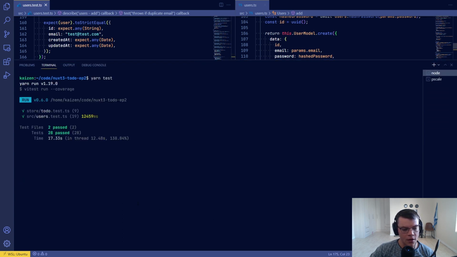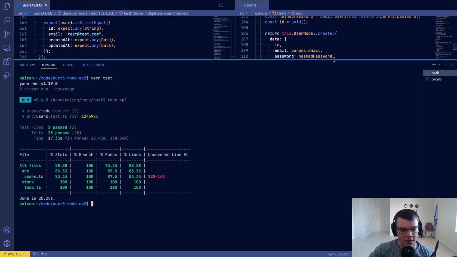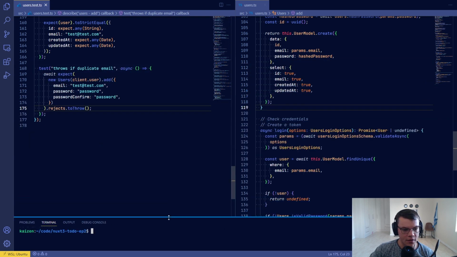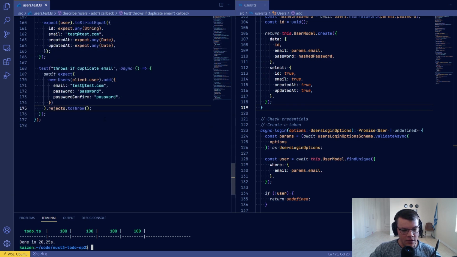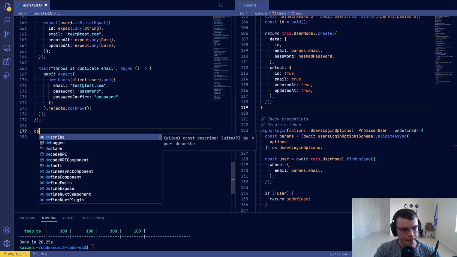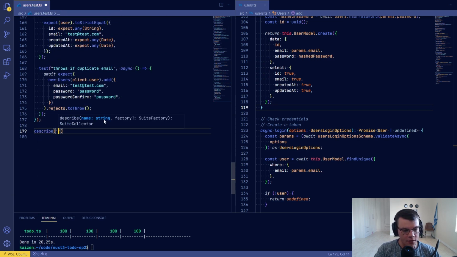Nice, it threw the error. And we can be more explicit and see if it's the correct error and stuff, but for now we'll assume that it is. Okay, so finally we can do users login,